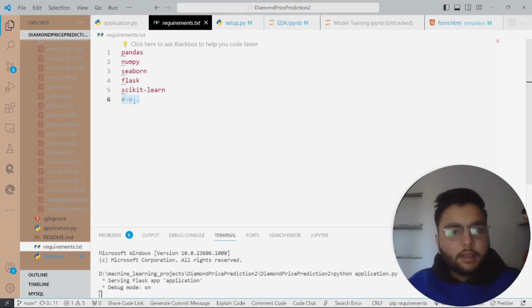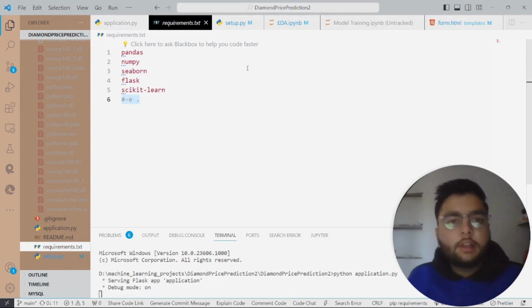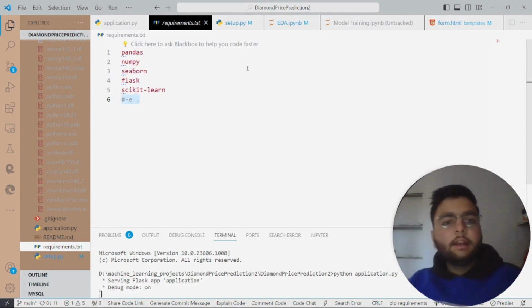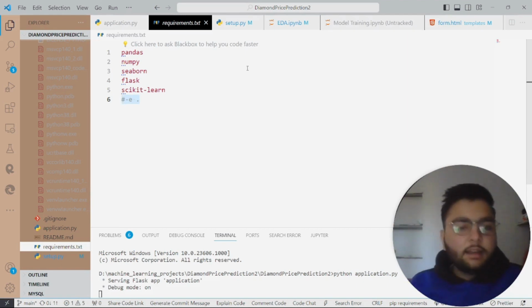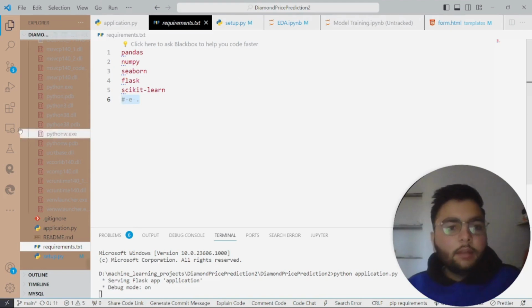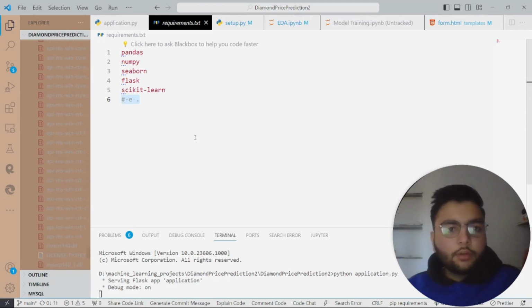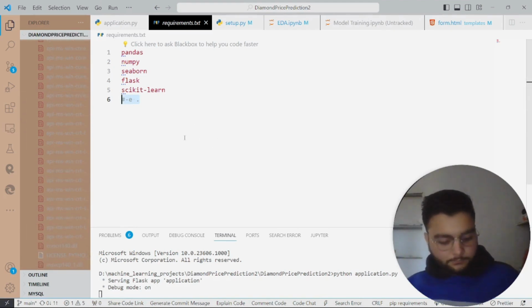While making an end-to-end project, you should always keep all your requirements, modules and libraries in the requirements.txt file. This is the best practice and used by all data scientists. You should always follow a standard criteria while making data science end-to-end projects. Now let me show you the output of this code.